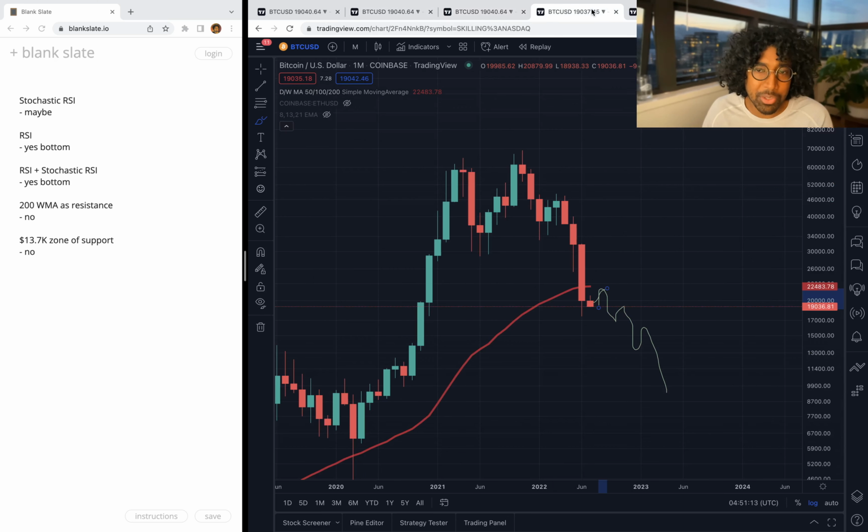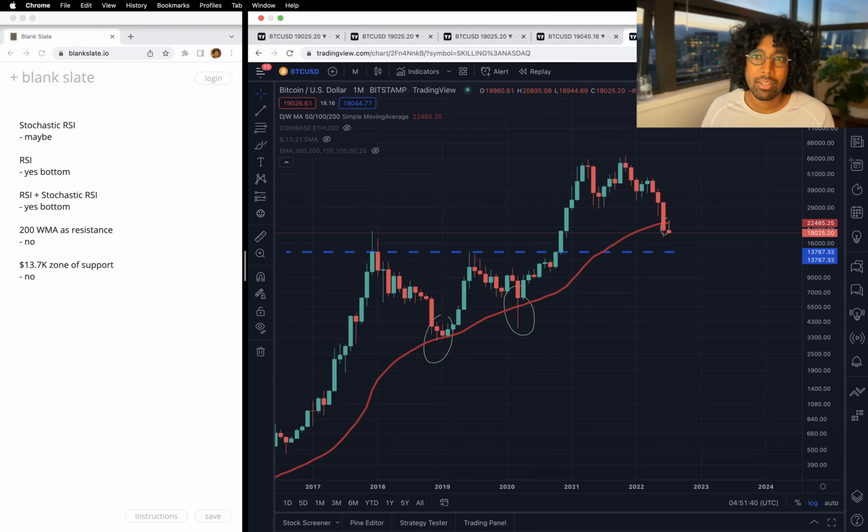But if we look at the 200-week moving average and the resistance associated with it, we have not hit the bottom. It's very unlikely that we've hit the bottom. We're going to try to break up, but we're going to be pressed back down. Basically, it's going to be very difficult to move past this. There's of course a lot of things that could happen that have us move past this, but it's not entirely possible. So I think this is a no. It could be a maybe, but I think it's a no.